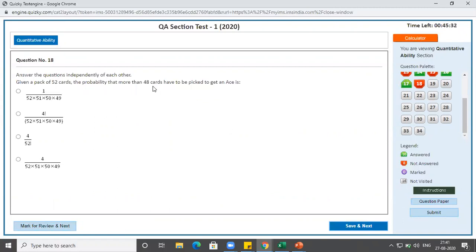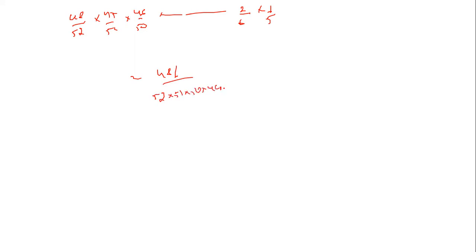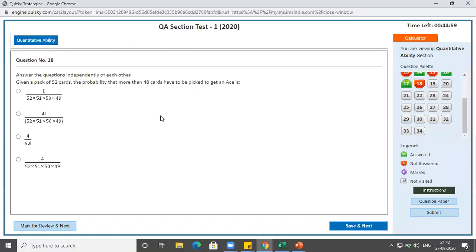Given a pack of 52 cards, the probability that more than 48 cards have to be picked to get an ace. Okay, so the probability that I did not get an ace for 48 times is 48 upon 52 into 47 by 51 into 46 by 50 and so on up till 4. So this will be 48 factorial upon 52 into 51 into 50 into 49 into 48 factorial. Those cancel. The answer has to be